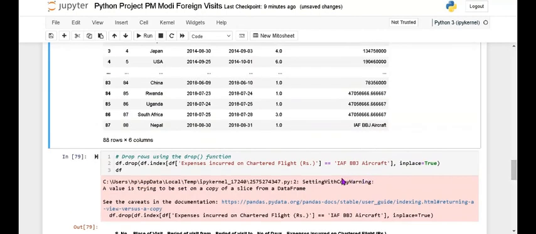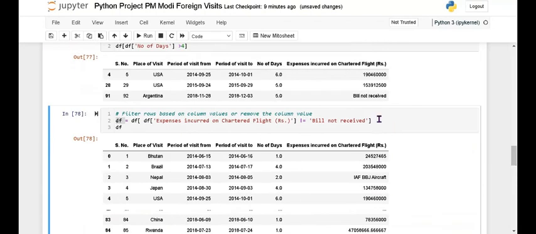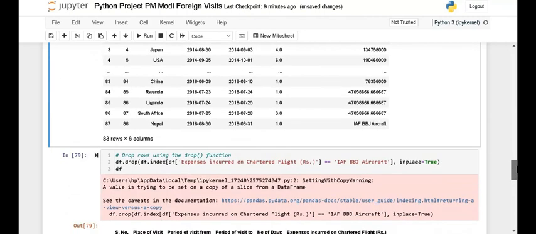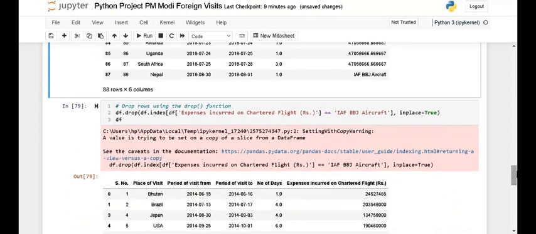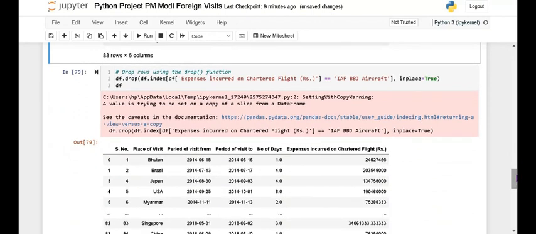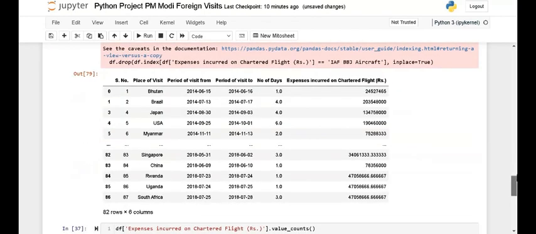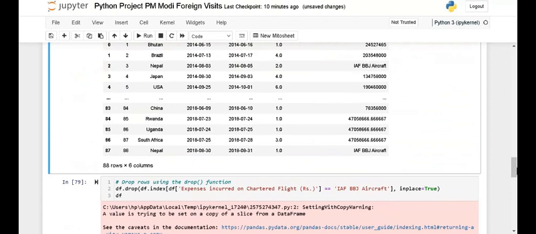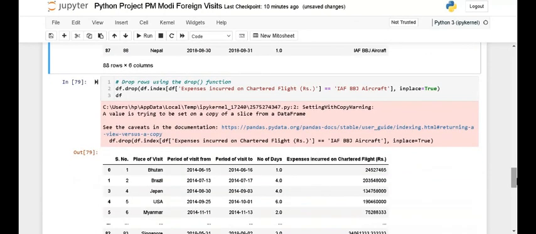Both are the same method, but there is some difference. There I am using the equal sign, and here in place is equal to true. In place of true, it shows the present value remains the same, whichever value we change. If I am not giving inplace true, then when I run any value it shows the same IAFBB aircraft. We want the original data set changed, that's why we use inplace true.